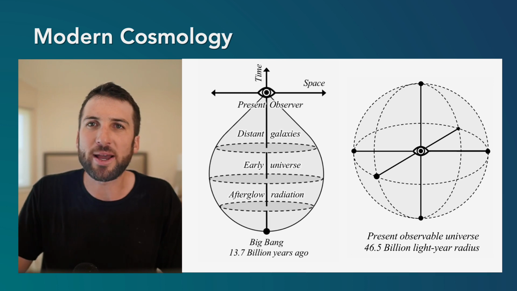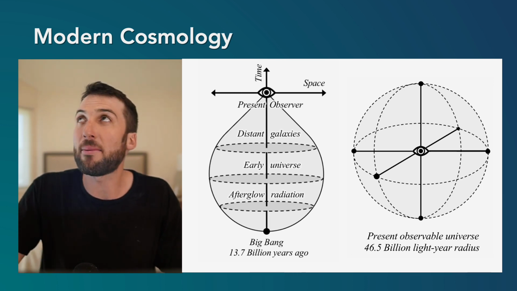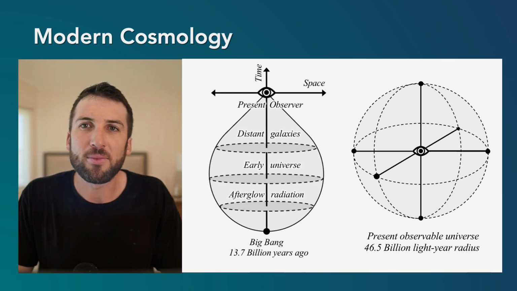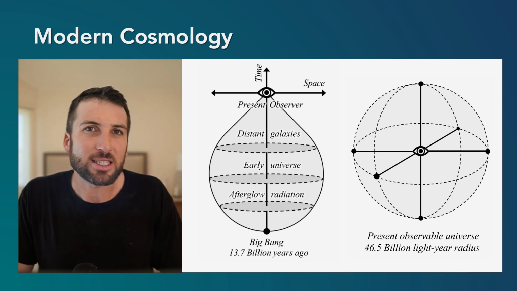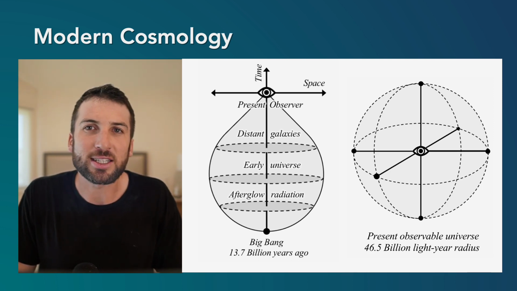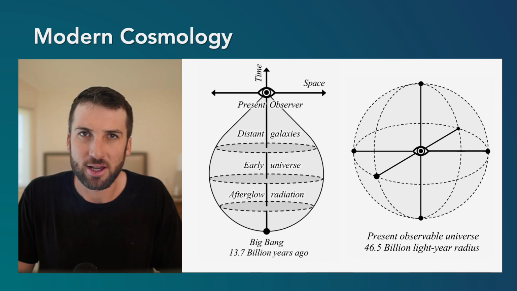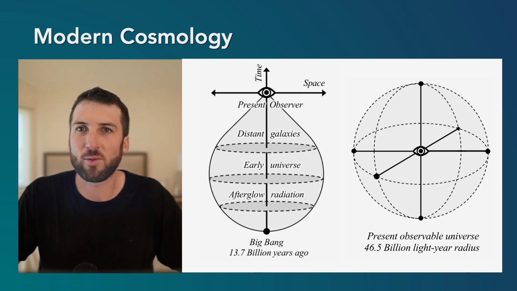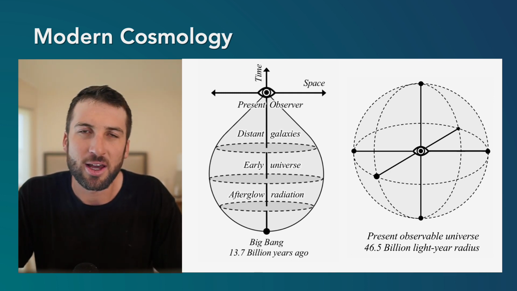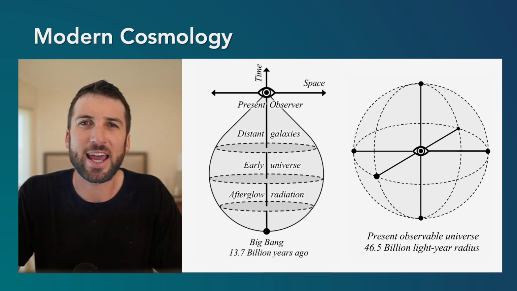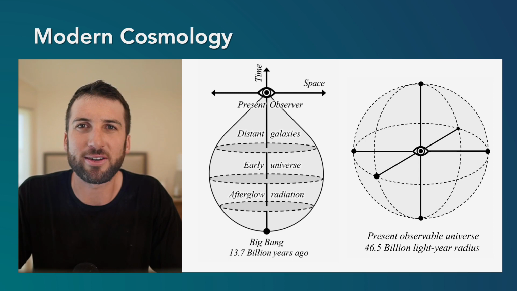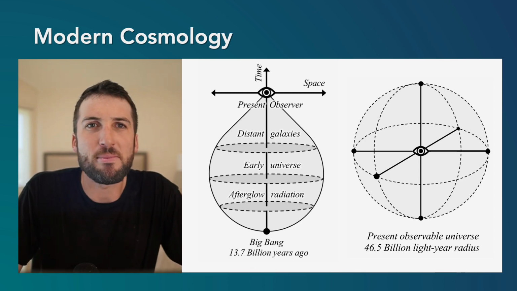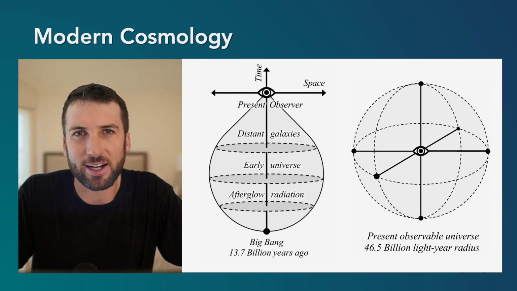And so basically, the observer looks up, down, left, or right. The radius of this expected universe right now is 46.5 billion light years, this radius of this sphere that we see in the observable universe. And it might be kind of weird. Okay, why is this sphere that we see today bigger than 13.7 billion light years? The Big Bang happened 13.7 billion light years ago.